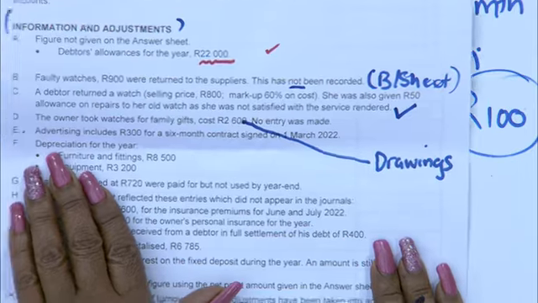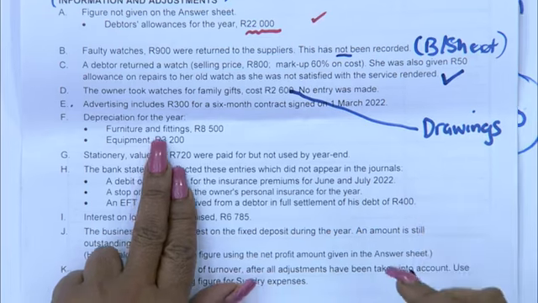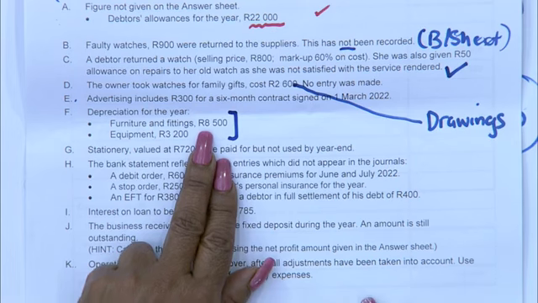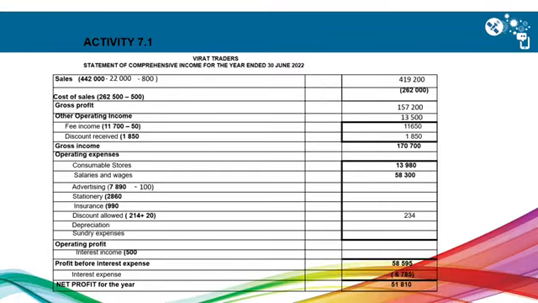It indicates that depreciation for the year for furniture and fittings as well as for equipment, those are the two figures. It is 8,500 and the other figure is 3,200. So, allow me, grade 10s, to actually go and put in those figures. There, ma'am has indicated what those figures are. There we have our 8,500. There we have our 3,200. And together, it will give me an amount of